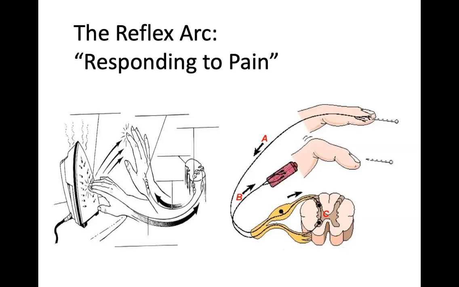say later? After you've pulled your finger off the hot stove, the brain's going to say, wow, that was hot, or, you know, holy moly, or shit, right? But you're not going to keep your hand on that iron until the brain recognizes that it's hot. Your reflex arc has already responded to it. Okay? So that's a reflex. And then we can check reflexes with a reflex hammer. All right?